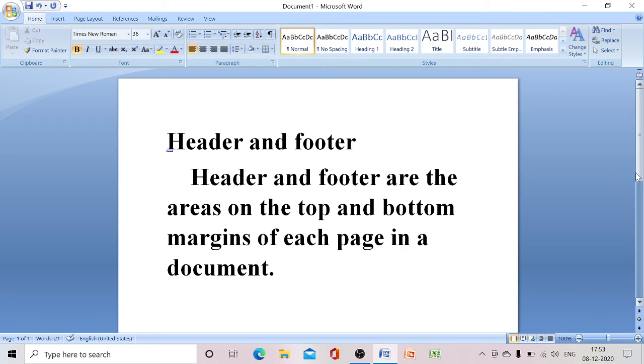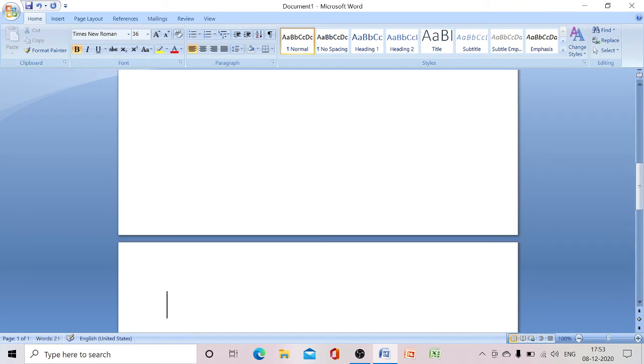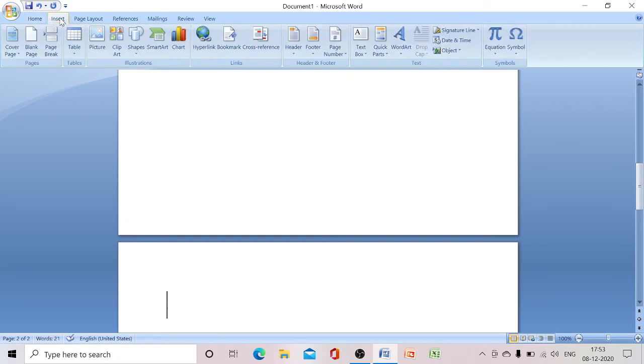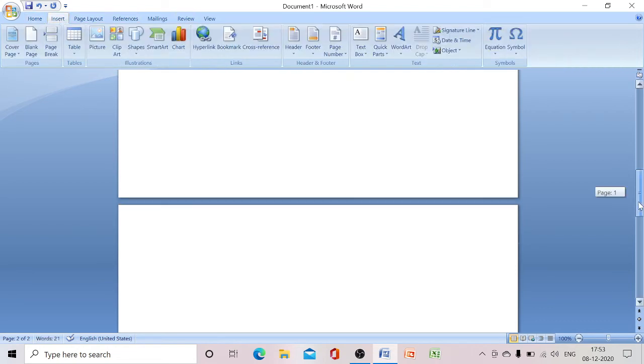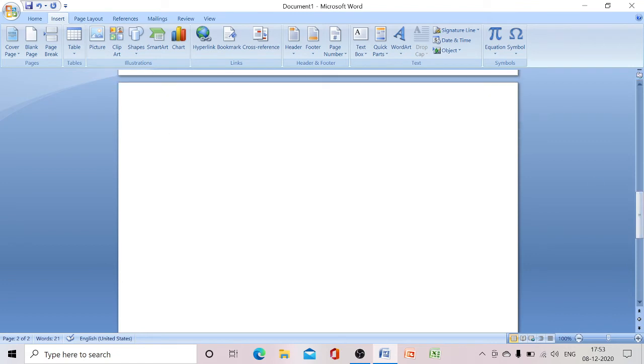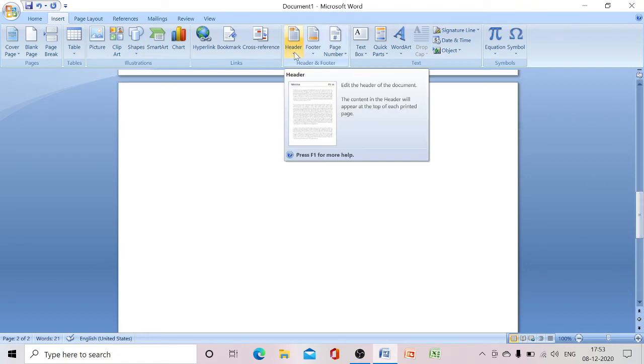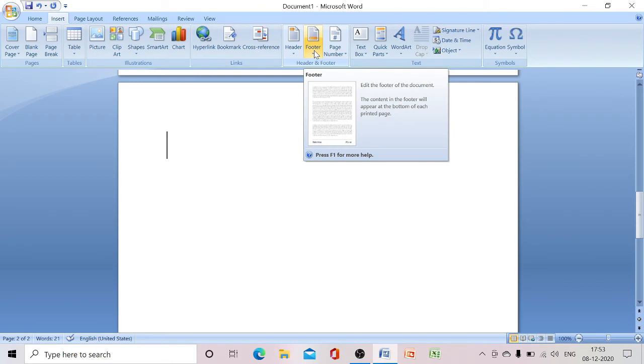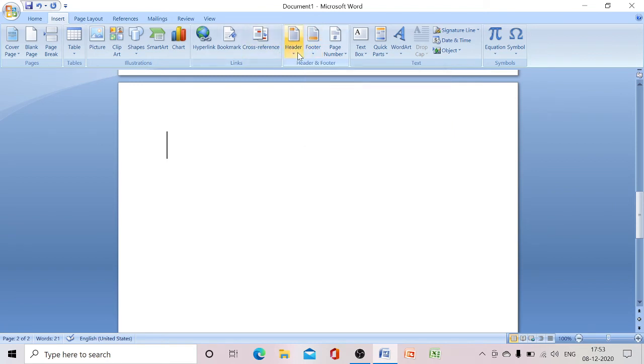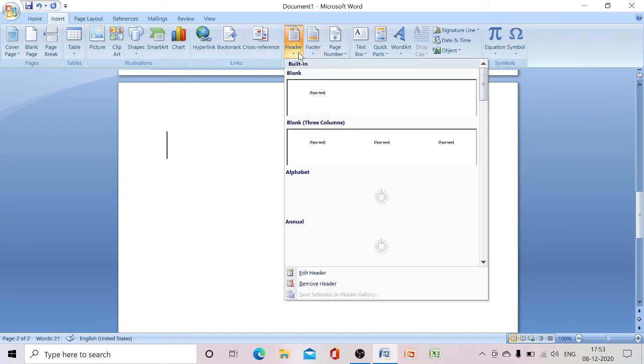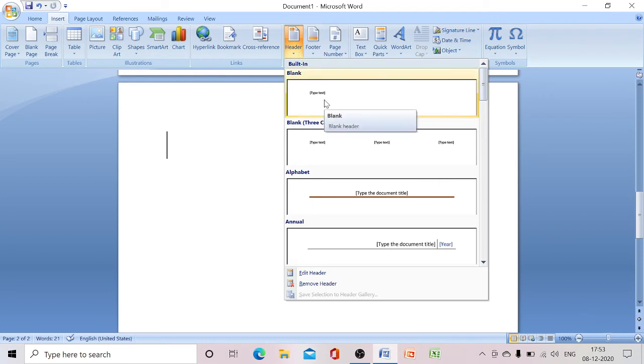Okay, so let us learn how to insert header and footer into our document. To insert header and footer, first we have to click on the insert tab. Then, can you see header, footer? Two options are there. First let us click on this header. Header blank is if we need blank, or blank with 3 columns, or alphabet, like the different options are there.